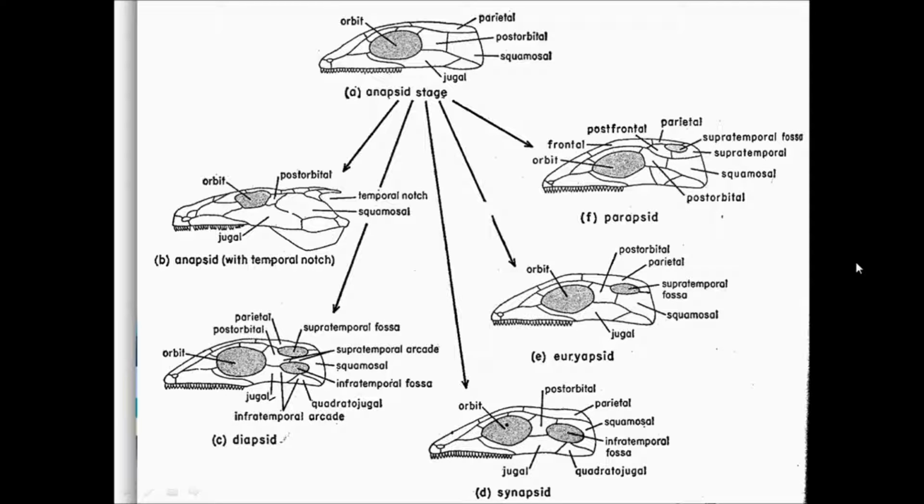So here you see a diagram of the various skull designs. At the top, you see the anapsid version of the skull, and that's what you're going to find in turtles and tortoises. So all chelonians are going to have that kind of a skull. Although what you'll notice is that on